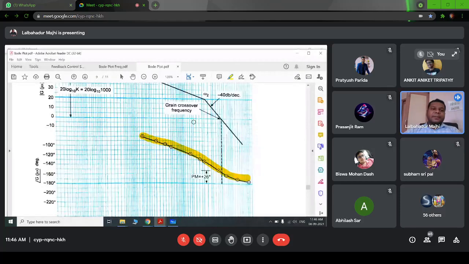Okay, so the next step is to comment on the stability of our system. For that, we have to determine the gain crossover frequency and the phase crossover frequency. In this, we can say up to 8000